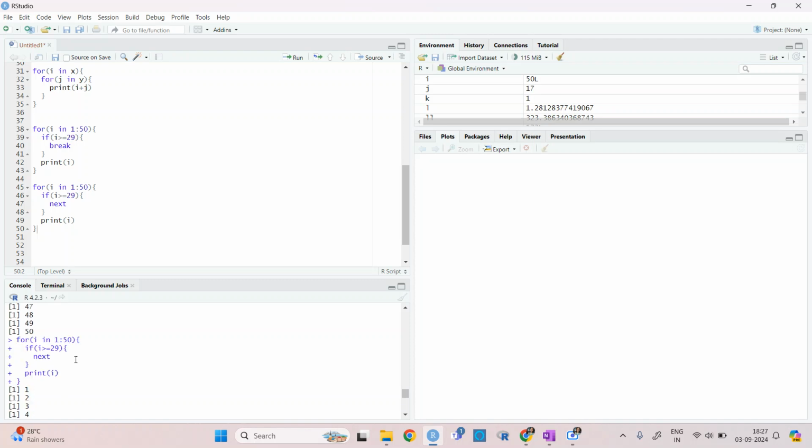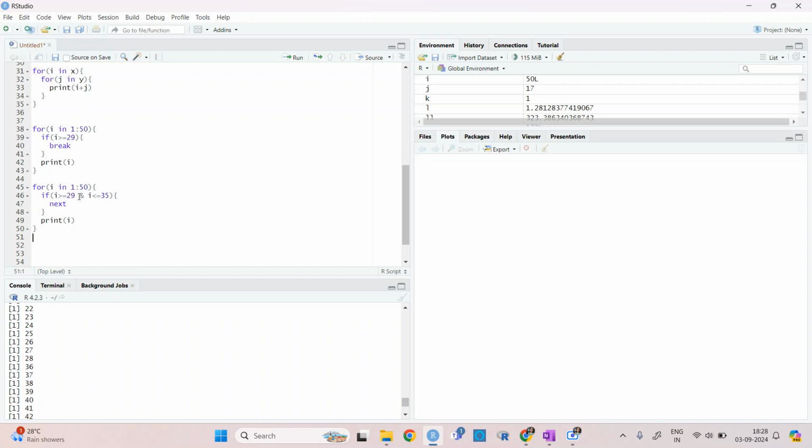Okay, the other can be like, if I is greater than or equal to 29 and I is less than or equal to 35, then what it has done is that when it is greater than or equal to 29, it has done next.